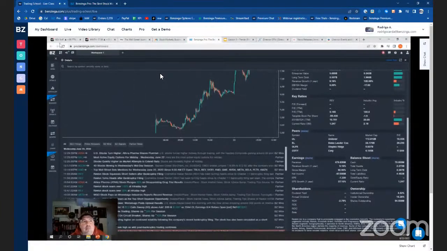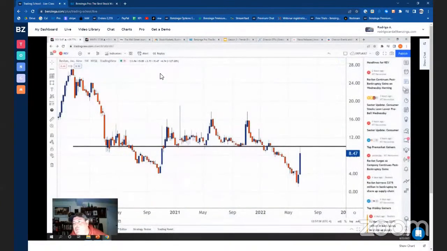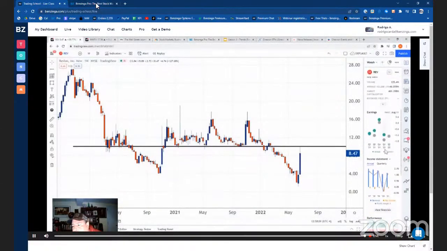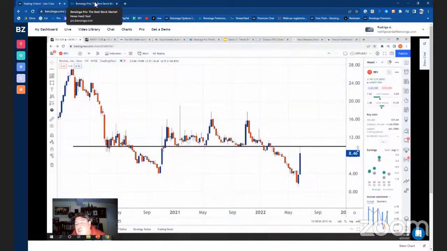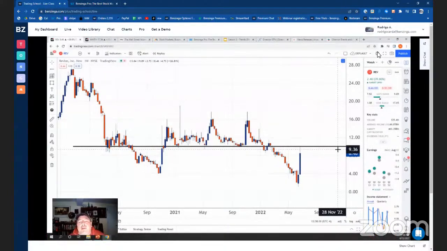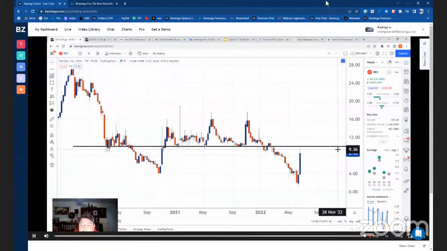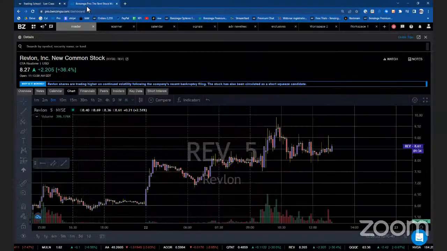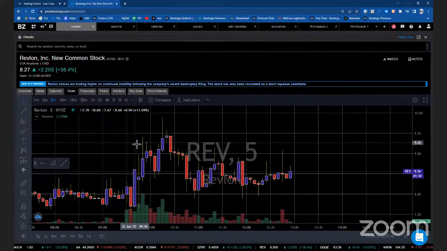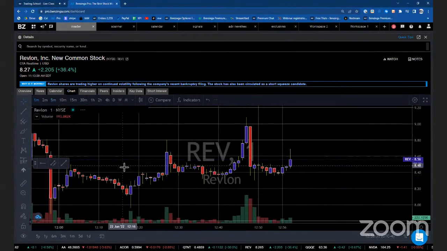Now the trouble with Revlon is they're losing money, so they're not going to have a price to earnings ratio, right? But what someone might do is think, if these guys turn it around, what would be their price to earnings ratio? What's the price to earnings ratio of other companies that do this? And then that's where they come up with their valuation. So that's something that fundamental analysts look at.